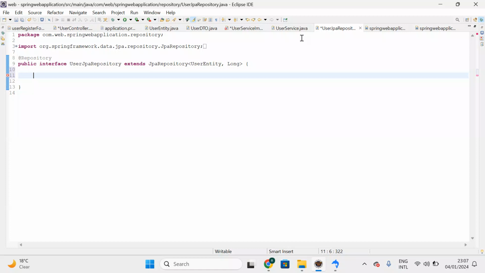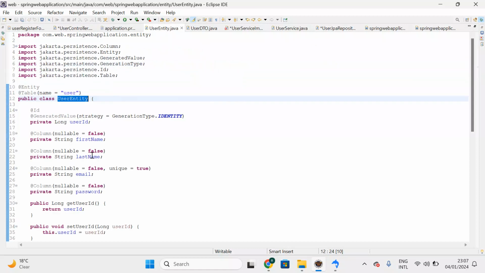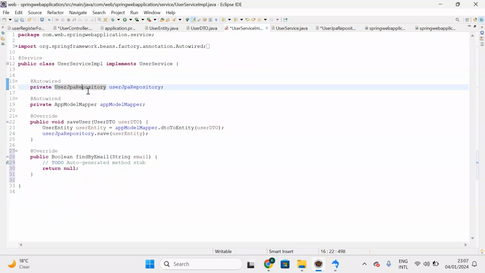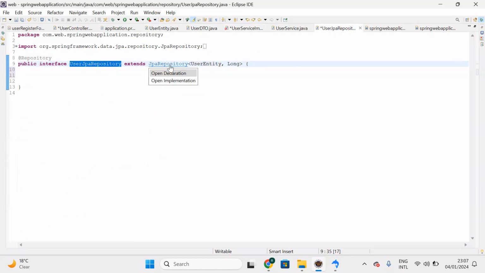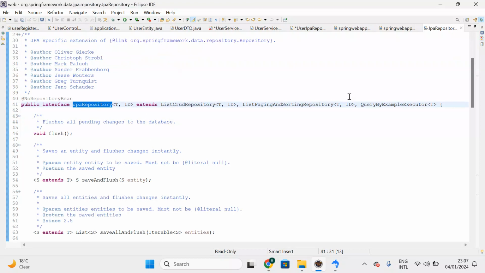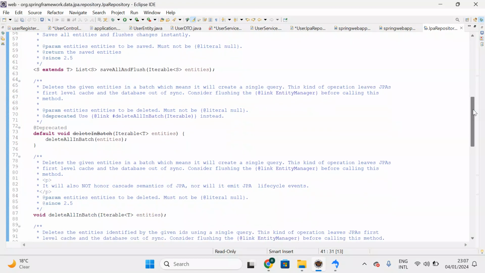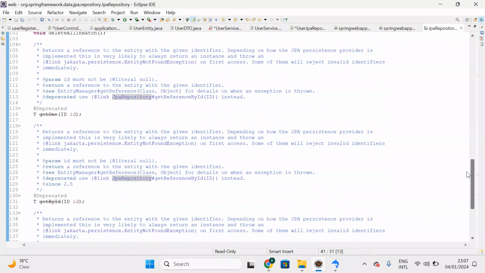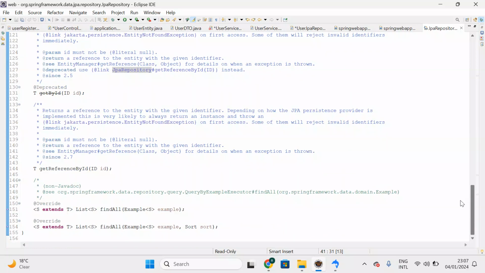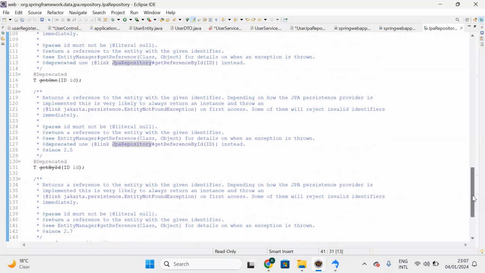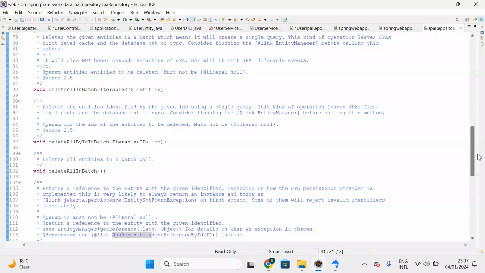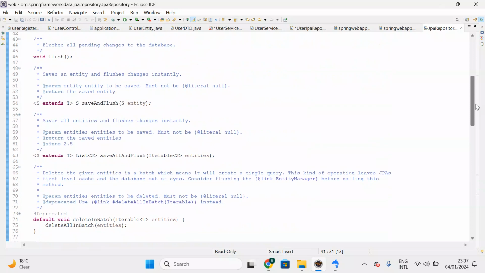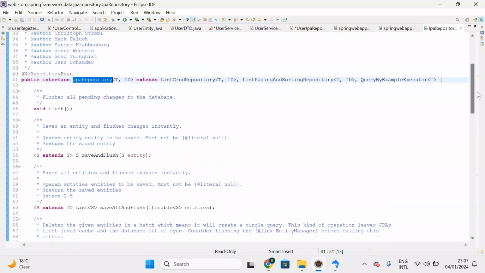So what is the property of the entity? Go to your entity, we have to check. If you go to the user JPA repository and go to JPA repositories, here you can see there is a set of methods, right? Find by user id, and you see find by id or find one. See, find by id is there, find all is there, right? So in the same way we can write another method like